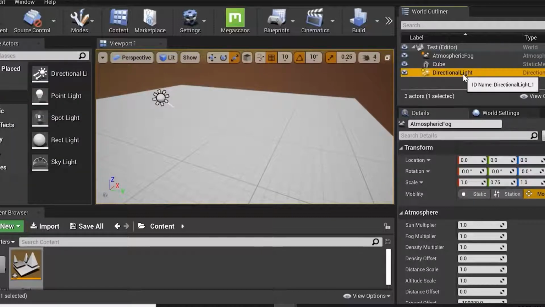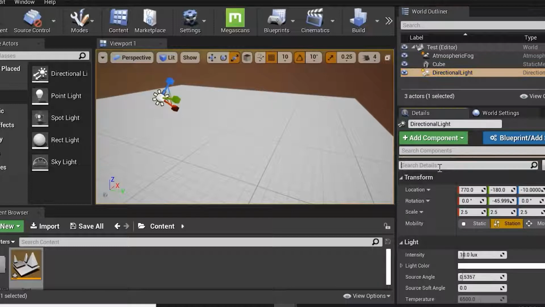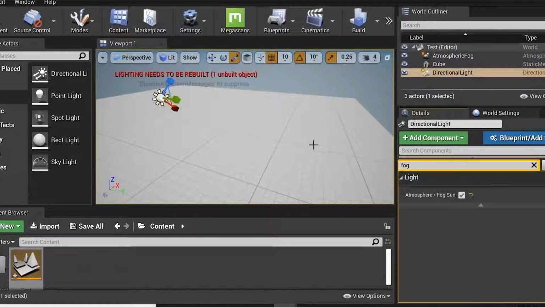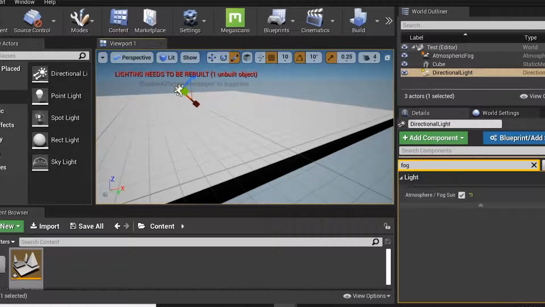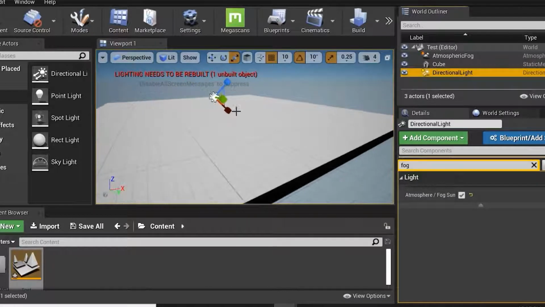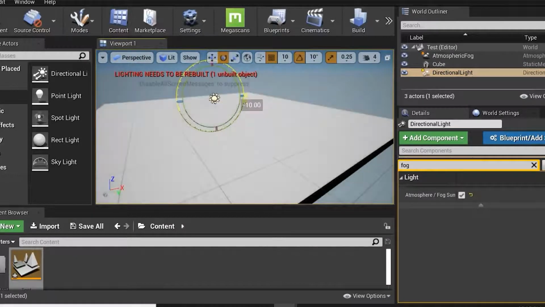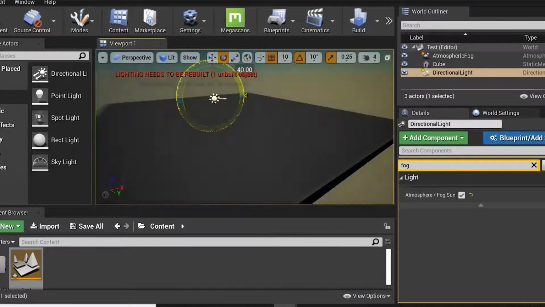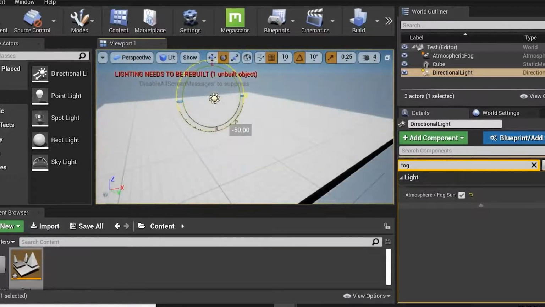Now the directional light which I have created, right? I need my directional light's fog to attach with my fog light. So click on that. Here we can see now if I rotate my directional light, press F. See, this is giving me a realistic view. My fog is following my directional light. This is very simple, guys.